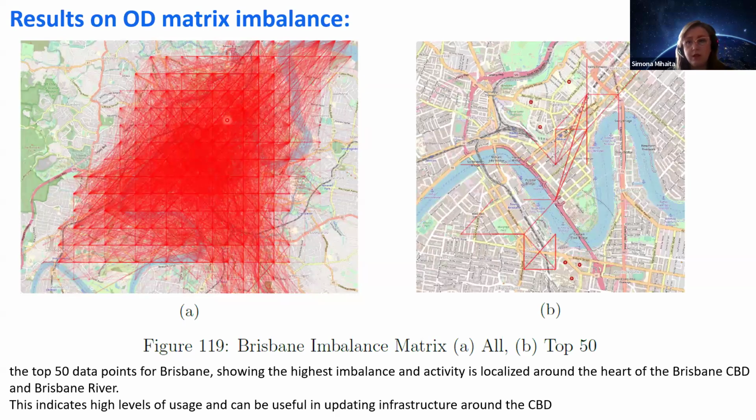However, this data is very valuable because you can rank it, you can filter it, you can separate it in those 3 clusters. This is just a small representation on the right of the top 50 data points for Brisbane, which gives us the highest imbalance between specific OD trips. And definitely you can see that Brisbane CBD on the right side of the river is the one experiencing the biggest number of imbalanced trips, mostly in the afternoon. A lot of activity is happening here, and people are preferring to take the scooters from this area to go into the suburbs.